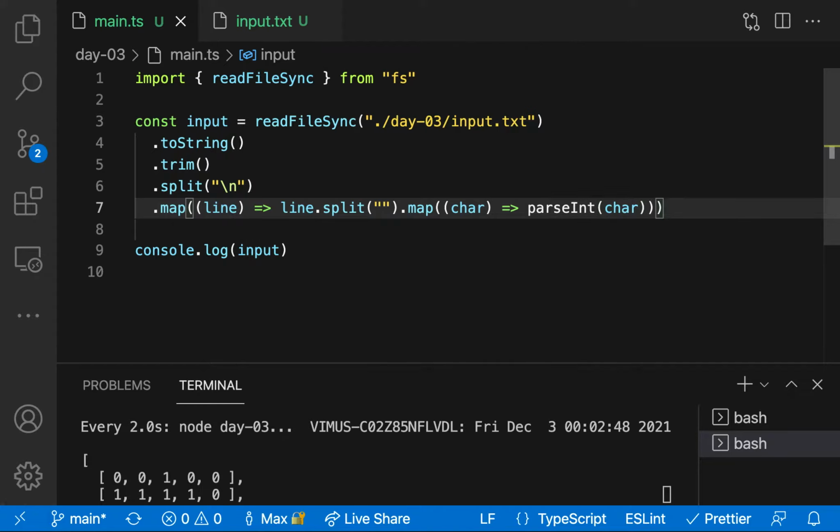And then we basically just want to go vertically through it. So I'm not quite sure how to rotate this, but we can kind of just go